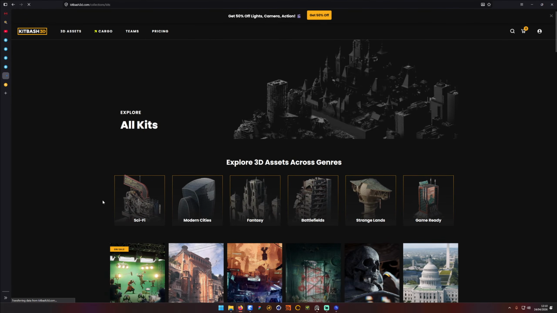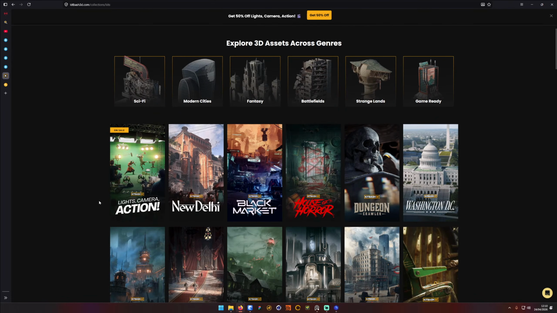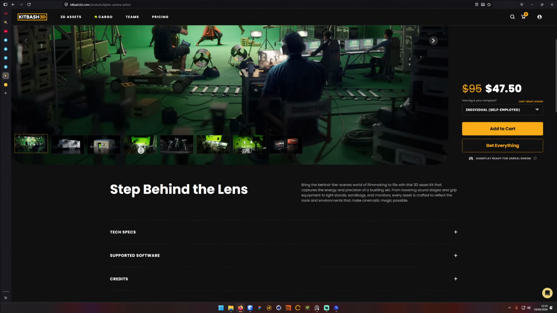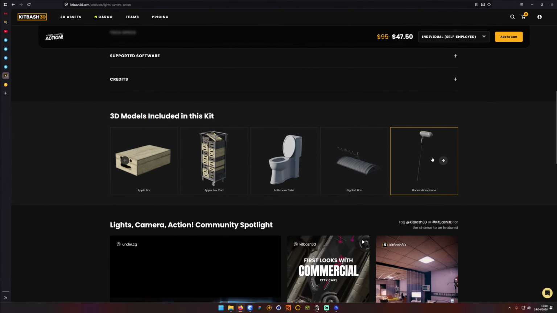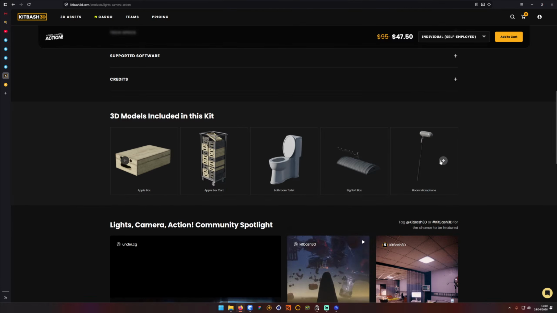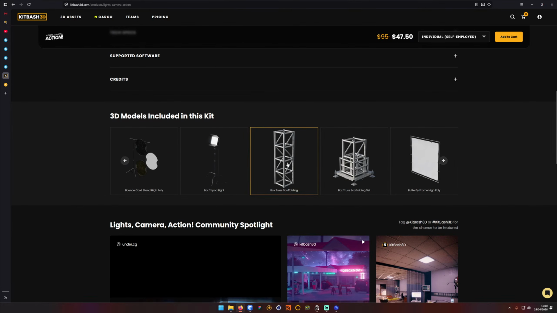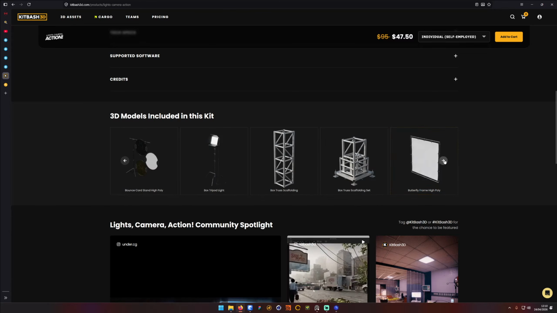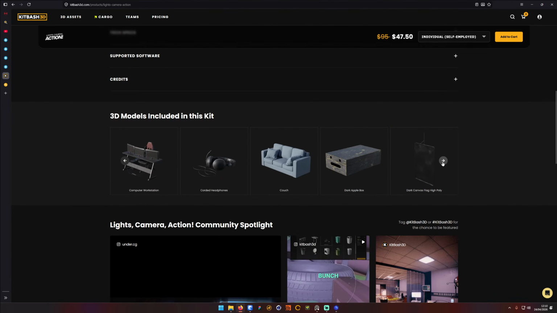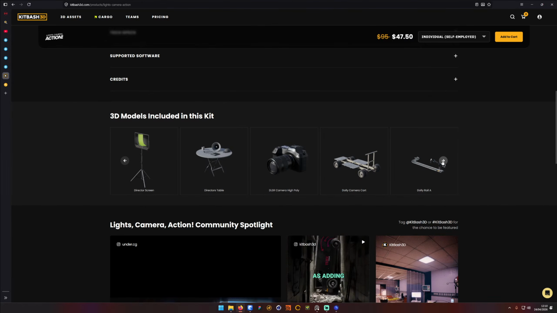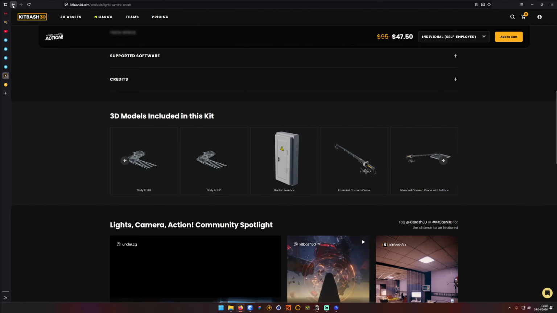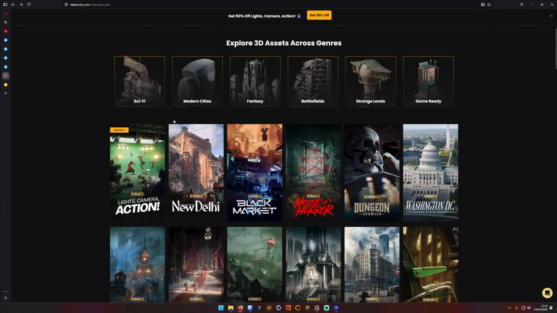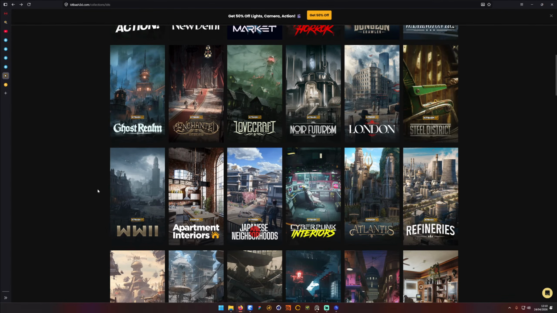They were kind of bigger. If you've not used Octane before, Octane is incredible value. As soon as I've got... look at this, $95. That's not bad. What have we got? Models included: Apple box cart, toilet, big soft box, boom mic, box truss, scaffold. That's what I want. Really good stuff in there actually. Some power boxes and stuff. Yeah. So when you go to Octane, Otoy give away loads of integrations and loads of extra software you get, plus